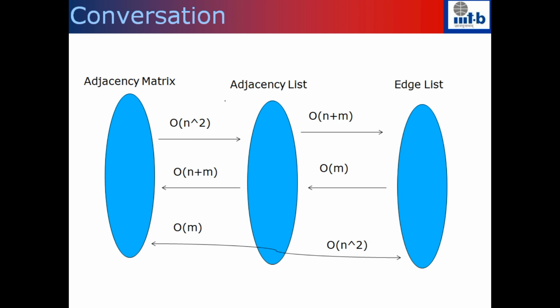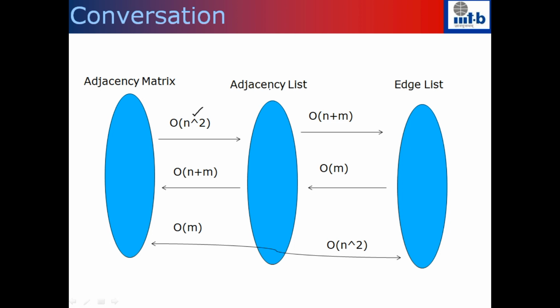So you can always convert from one representation to the other representation. For example, if you are given adjacency matrix representation, but your algorithm wants an adjacency list representation, you can create an adjacency list by going through each entry in the matrix. If it is 0, you ignore it. If it's 1, then you add that particular node into the linked list that you are creating. Since we have to look at every entry in the adjacency matrix representation, this would take order n square time.